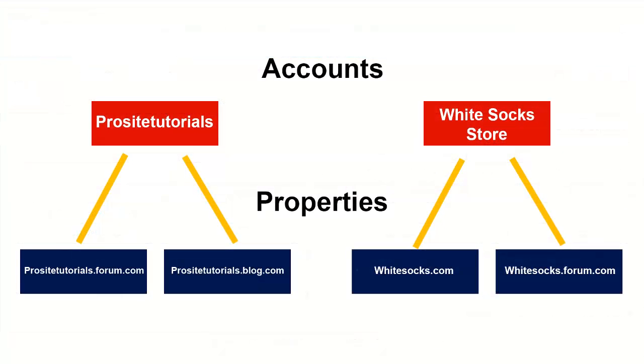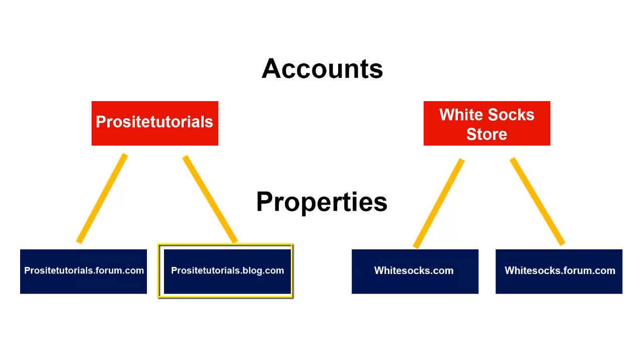When it comes to accounts, you can have up to 100 accounts inside of Google Analytics, and for each account you can have up to 50 different properties or websites. Now, accounts is basically a way for you to organize your websites more easily. For example, in this case, I have an account for Pro Tutorials, and under this account, I have two different websites that are related to Pro Tutorials, such as